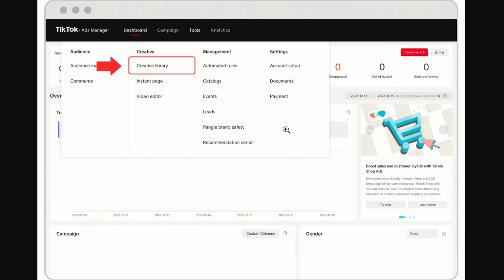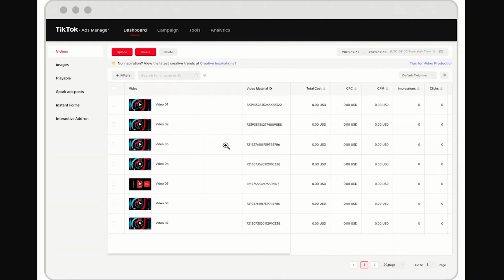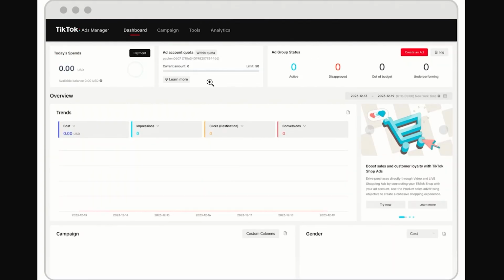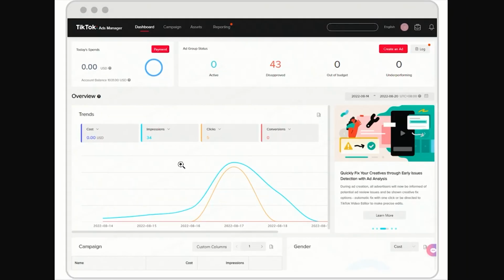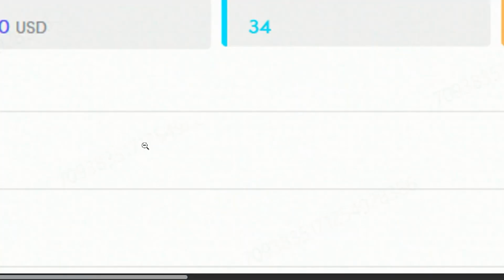These are all the different tools that you can use. Maybe you can head over to the creative library, work with your videos, with your ads, and so on and so forth. Here you can observe all the trends that have been approved, the payments on your dashboard. I mean, this is how the dashboard is going to look once you set it all up. So yeah,